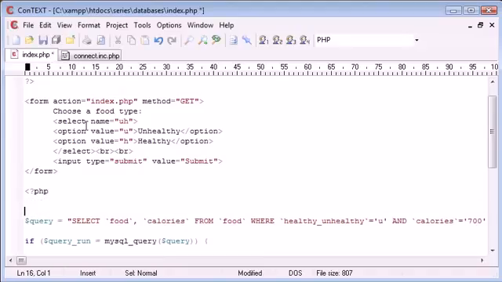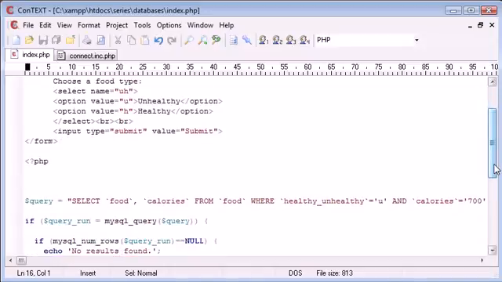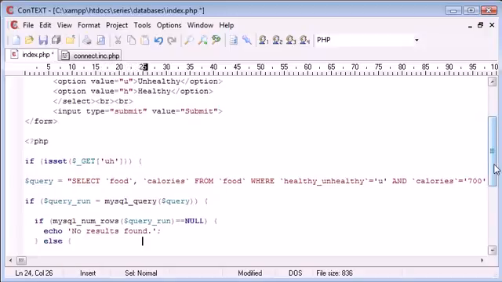So I'm going to click on unhealthy and click submit, and you can see that up here we've got UH equals U. And here we can say healthy, click submit, UH equals H. So we're processing get data through to the URL, and then we can process that in our query. So how do we do this? Well, the first thing we need to do is inside our PHP here, we need to check if these values have been submitted. So I'm going to say if isset $_GET UH, then proceed with all of this code here,